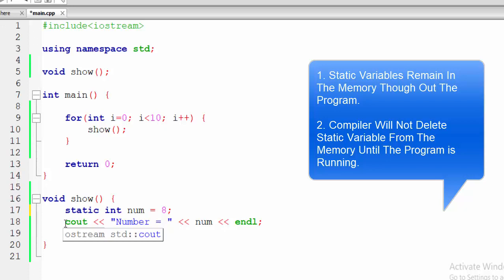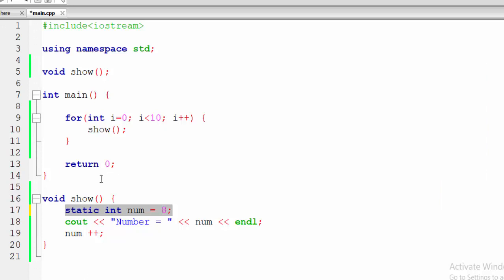Now the point to be noted is that whenever we call a function, we have some variables in the function. If the function has a static variable, when the function is complete it will not delete the static variable in the memory. If we have a normal local variable, whenever we complete the function, the compiler will delete the local variable from memory. But whenever we declare a variable as static in a function, the compiler will not delete the value of the static variable in memory.